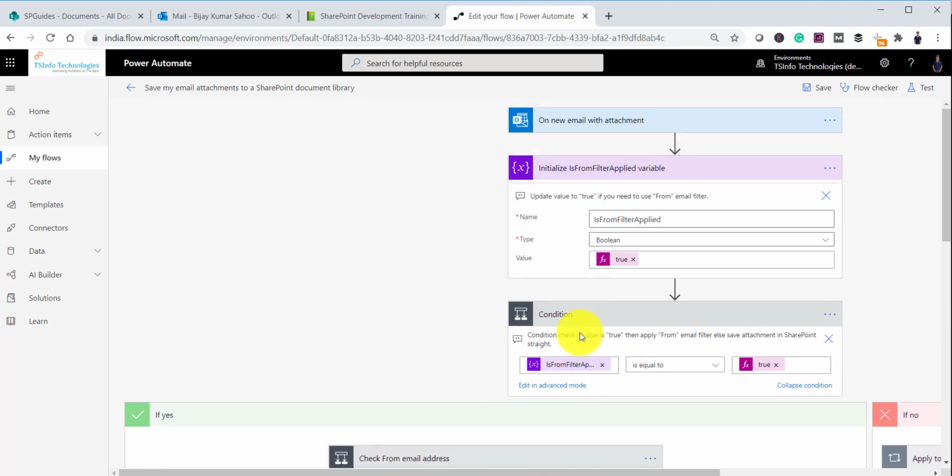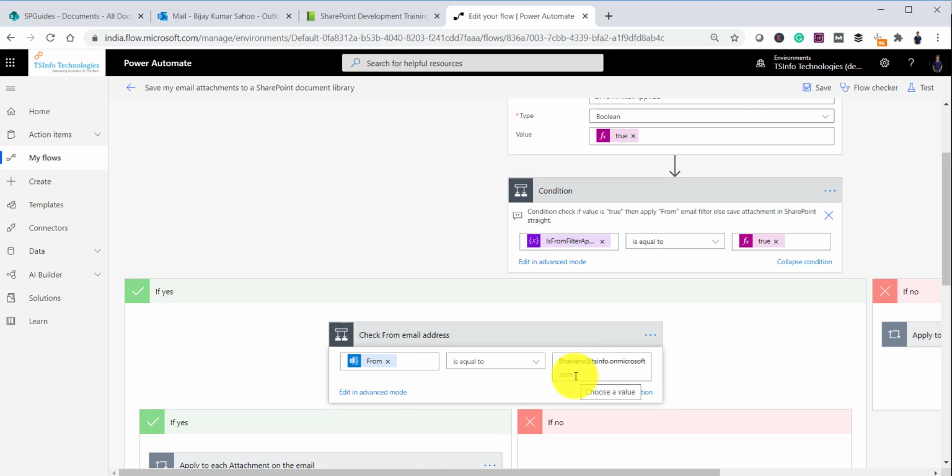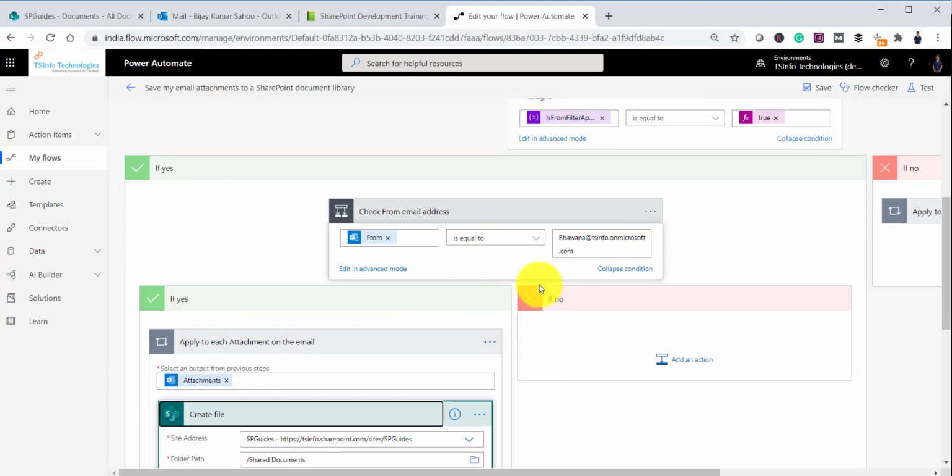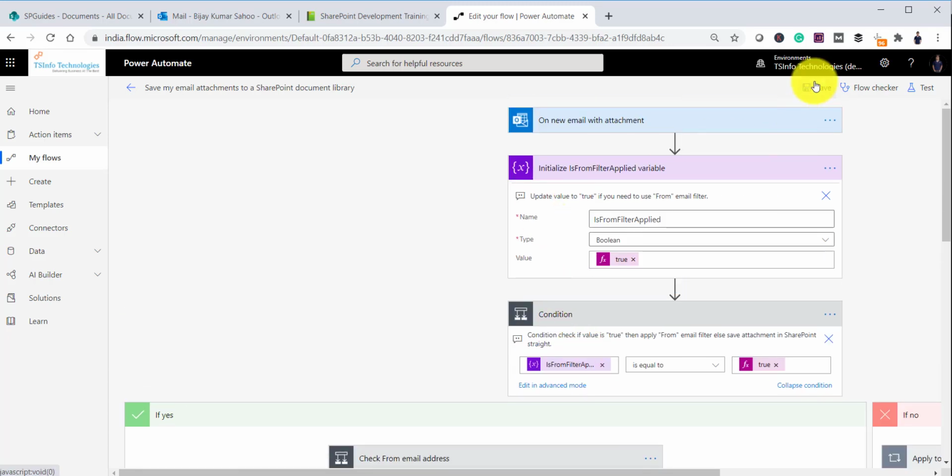Now if you want to know what exactly my flow or my email address is returning, you can take a variable, assign it the from address, and then send yourself an email, so you will be able to know what exactly is coming. I have put that in the article that I am going to share in the comment box, so you can check out the article also. There you will see exactly how you can get the from address. This is quite important, because if the email address is not correct, as I said, it is case sensitive, so this condition will fail. Now this is done, so I'll save this.